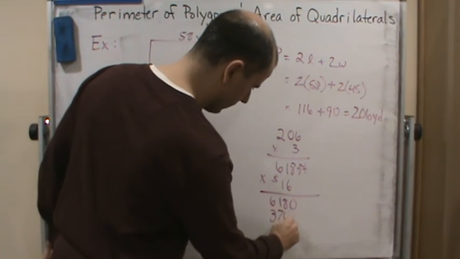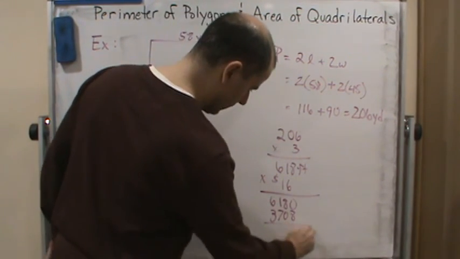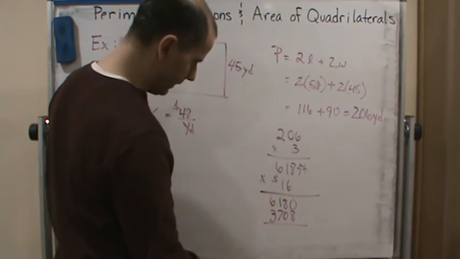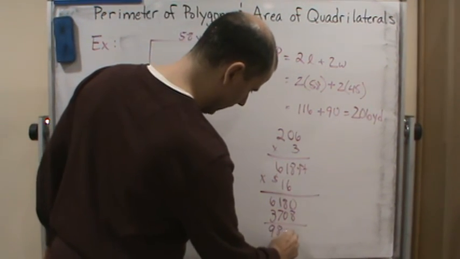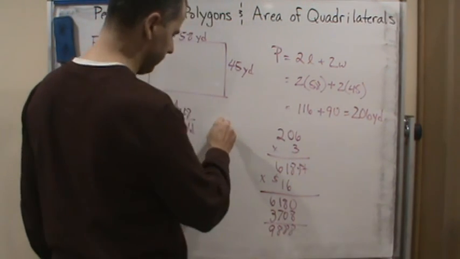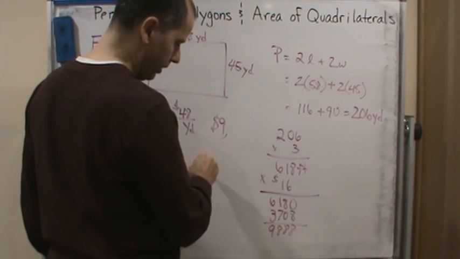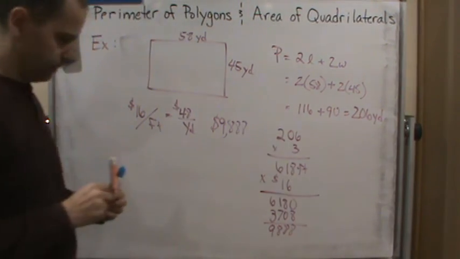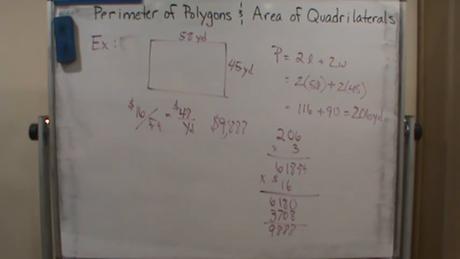So 3708. And then, of course, this is going to give you 9888. 9888. So the total is going to be $9,888 is going to be the cost of all the fencing